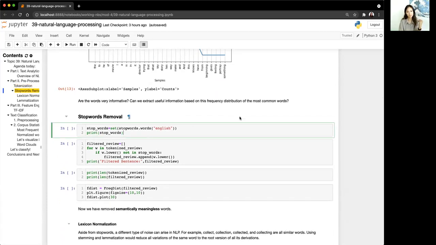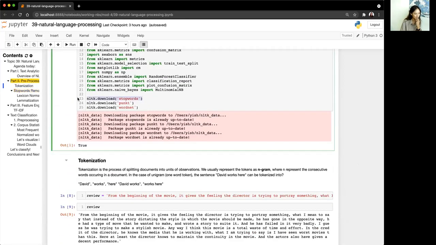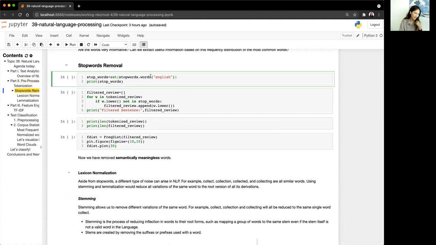So next, there's a process of stop word removal. To get stop words, this is actually something that comes with NLTK. When I downloaded stop words over here, I think you only need to do this once ever on your machine, but if you're doing this in Luminous, you might have to do this a couple of times for each notebook. I forget. Basically, this stores a series of words in your libraries package of what stop words are. You can actually get stop words for different languages as well.